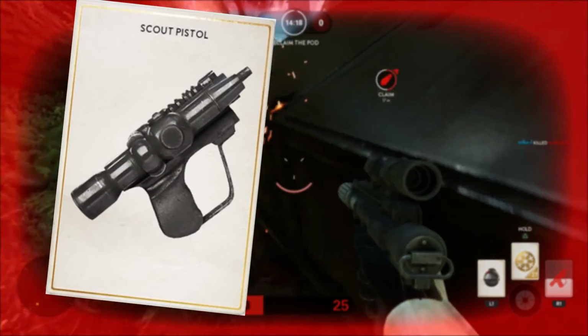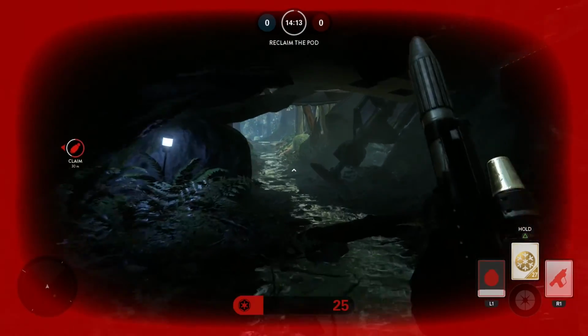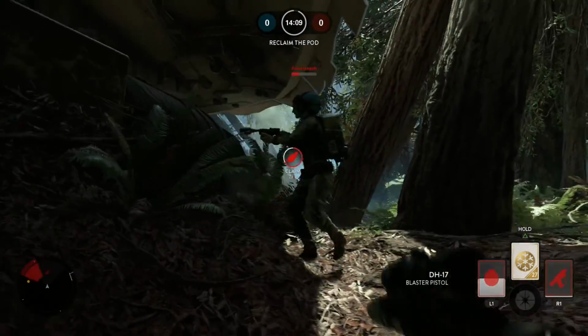Today I'm going to talk about the Scout Pistol Star card in Star Wars Battlefront. Now in my personal opinion, this is a massively underrated star card. I think it's really useful, and most of the reason that it's overlooked is people in close quarters game modes